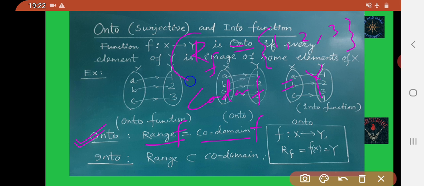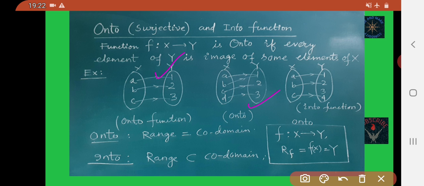Now you see the Y set and range are equal because they contain the same elements. Okay, so this function is an onto function.